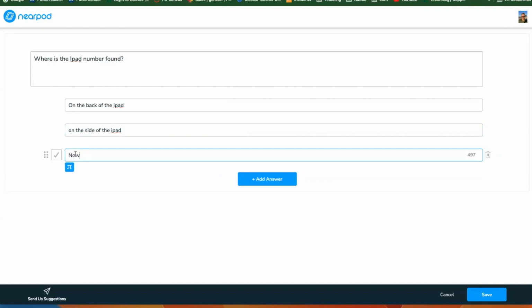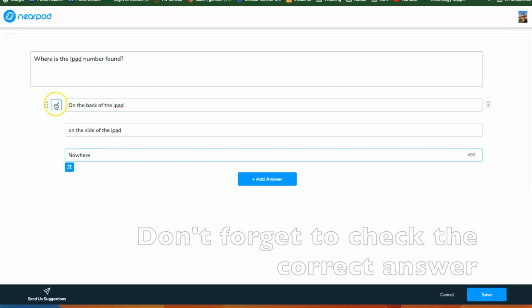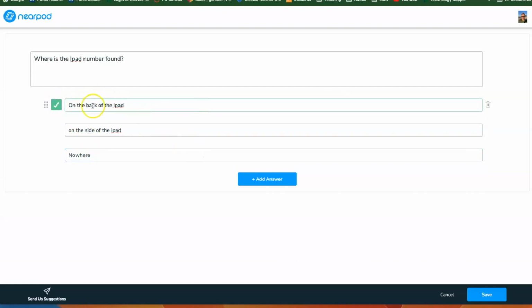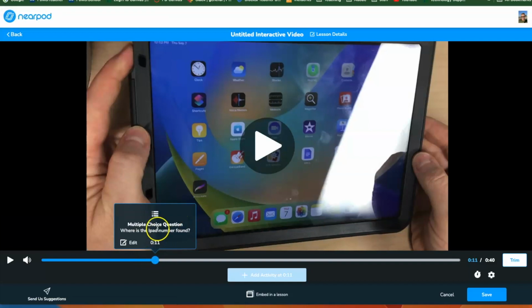Nowhere. And then wherever is the correct one, you want to click this little check mark, and that would be the correct answer. When you're finished, you save it, and now it's inserted that question right here,